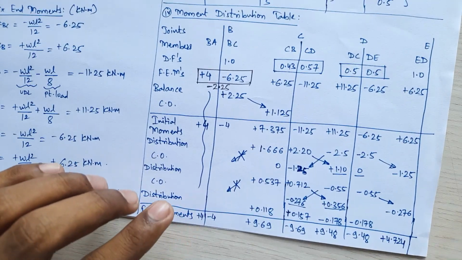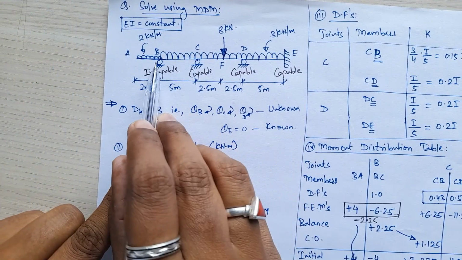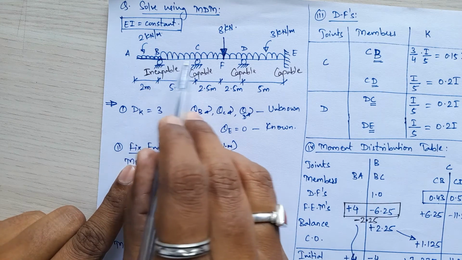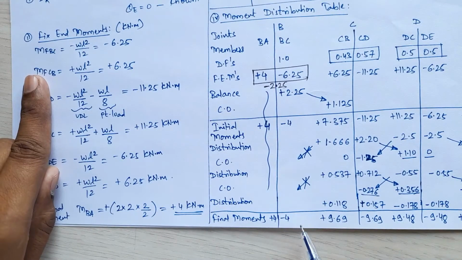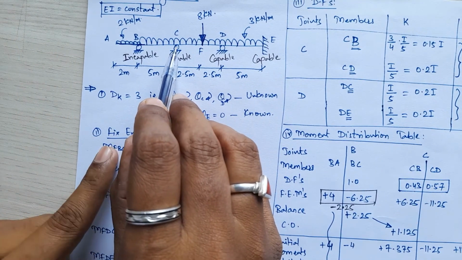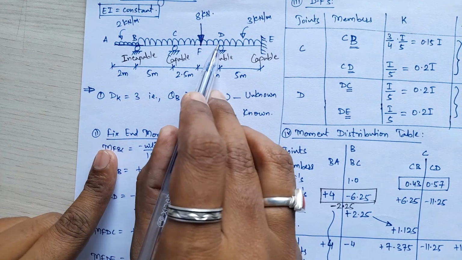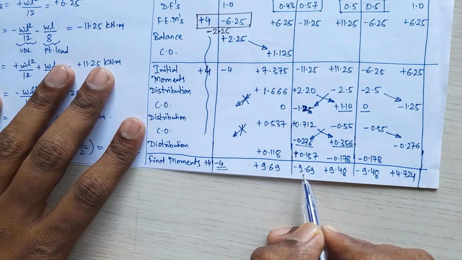Okay. Now if you check your conditions of equilibrium that we are solving in the slope deflection method. See, the condition of equilibrium will be what? MBC shall be equal to this overhanging moment that I am getting over here. Next, at this joint C, what will be my condition of equilibrium? MCB plus MCD shall come equal to 0. Check. MCB and MCD, you are getting 0. Yes, I am getting 0.